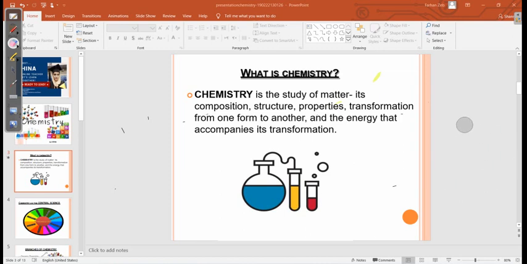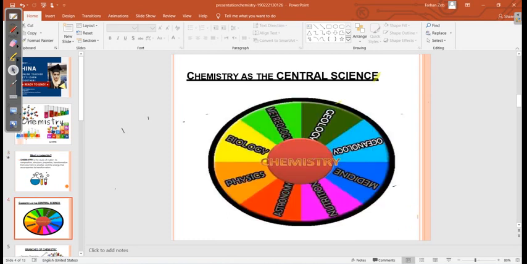Okay, it's done. Now take a brief look at the branches of chemistry. There are many branches, no doubt. I have put here only the main branches of chemistry. If biology is attached with chemistry, it will be biochemistry. Physical chemistry, if it is attached with physics. Astronomy and nutrition, medicine, oceanology, geology, and meteorology.